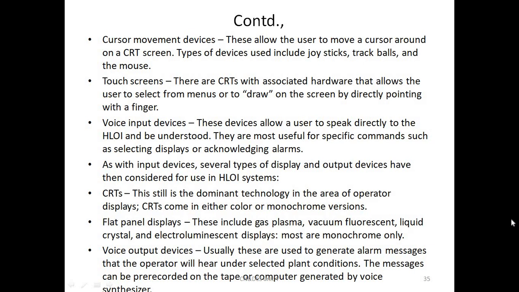Voice output devices, usually used to generate alarm messages that the operator will hear under selected plant conditions. The message can be pre-recorded on tape or computer generated by a voice synthesizer.